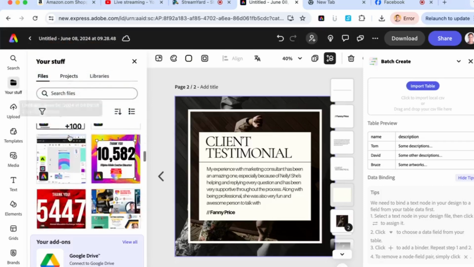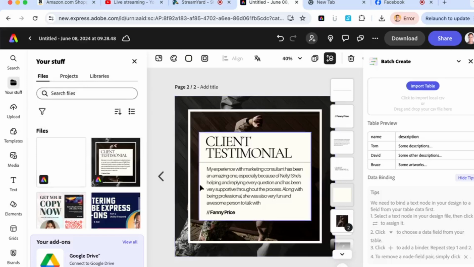Let's go to our files, and you can put your logo here. But for the sake of demonstration, I'm just going to show you how to use this add-on to automate your process. So let's go here, and what I have right now is a file already made,